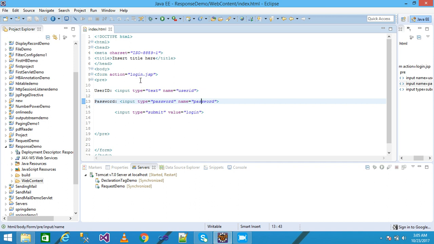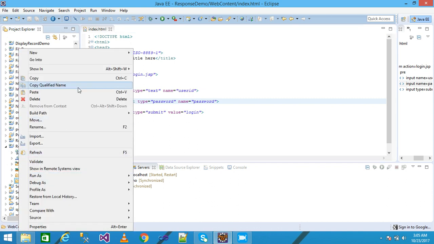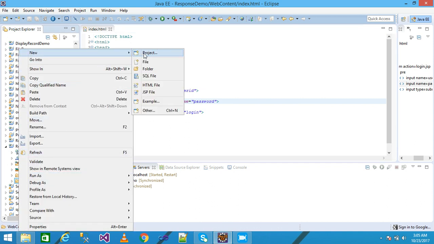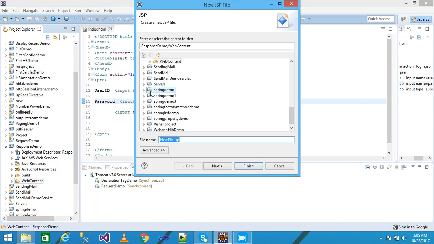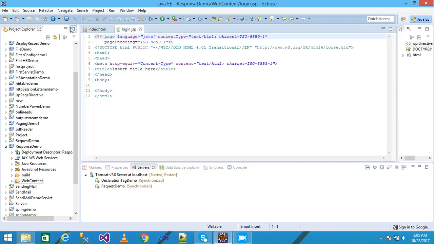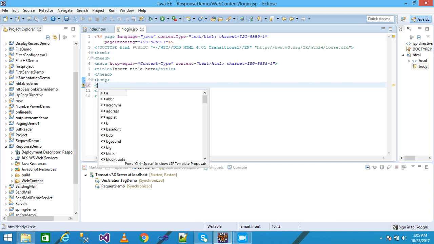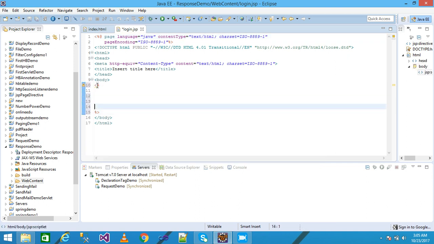The control is sent to login.jsp, so I need to create a login.jsp. I right click on WebContent and click on New. Take a JSP file and give my JSP file the name login.jsp and press enter. Okay, here I am using the scriptlet tag and press enter. I am declaring a variable String userID equal request dot getParameter, passing as a parameter userID